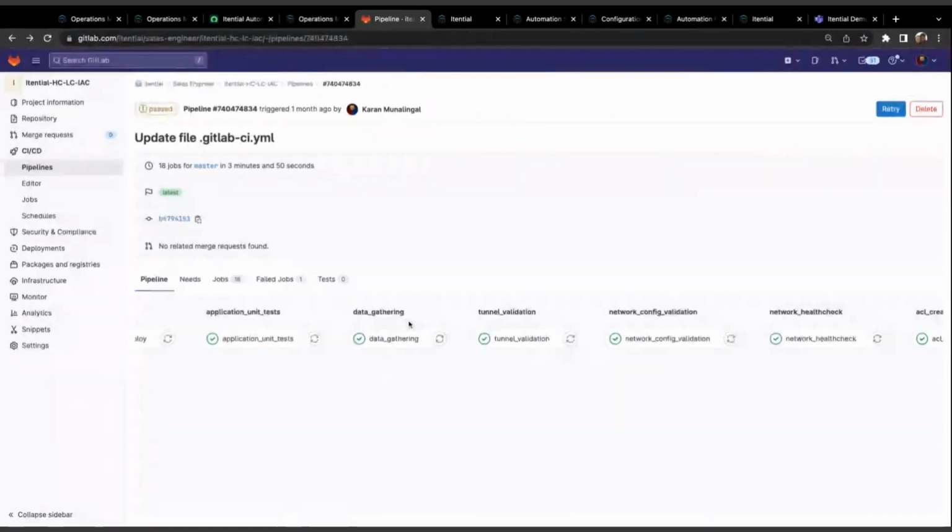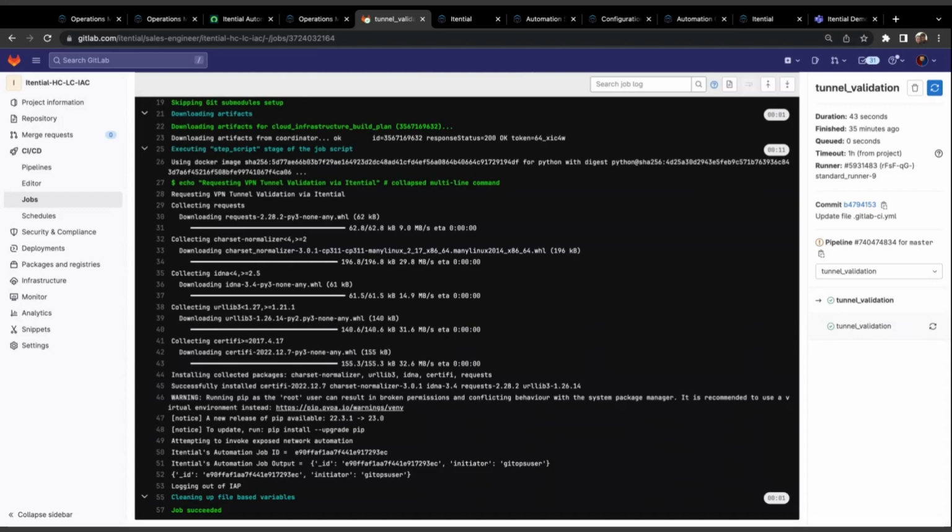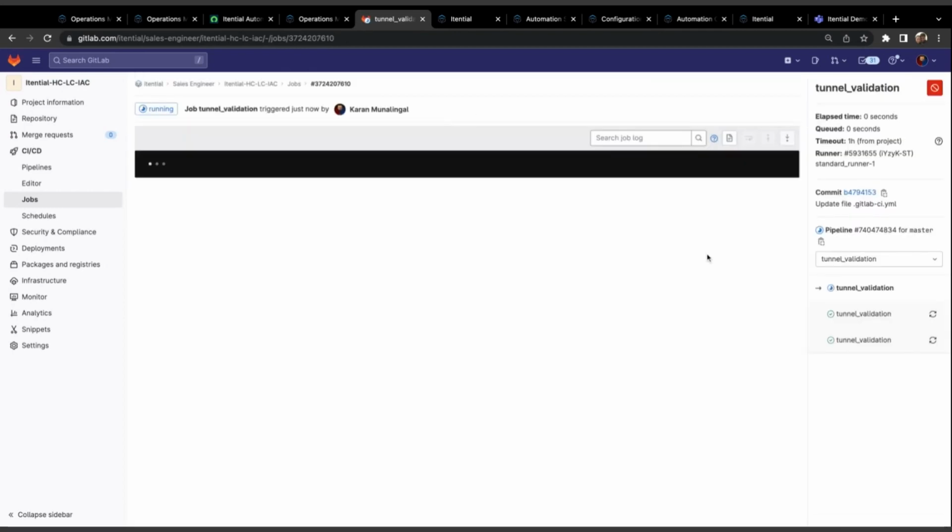And how does it do that? It actually communicates with Itential, which has hooks into all your network domains that we're going to talk about later during the webinar. So as you can see, this step within your pipeline that reflects tunnel validation, this is good. This is actually a step that calls the same automation that I kicked off early on as part of the webinar, right? So in this case, if I rerun this particular step within the pipeline, it is going to take